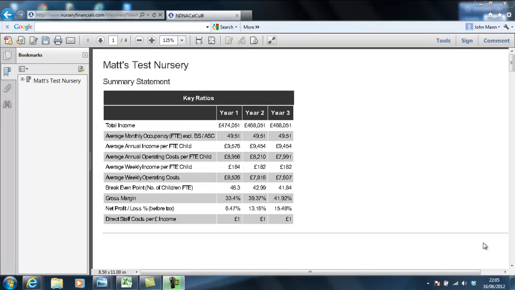It's perhaps worth saying that the summary report produces overviews of the key business parameters, which you can see here. We've called it the key ratios, the profitability statement, the cash flow statement, and the staffing statement. So you can get an overview on how your nursery is performing without looking at the detail. Now, as you'll see here, the key business parameters, or as we've called it, the key ratios, contains information which I think is pretty self-explanatory, but for example it will give you the average income per child. Okay, if we just page down now,